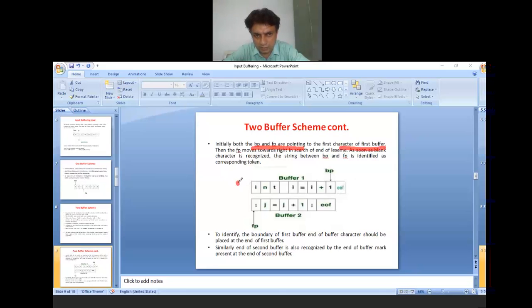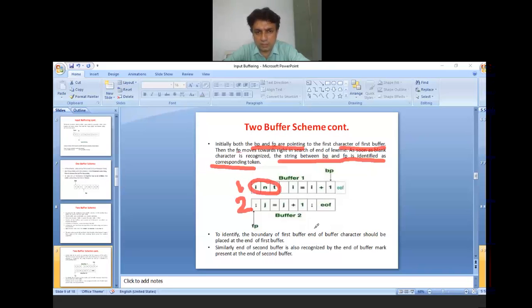Here you can see there are two buffers: this is the first buffer and this is the second buffer. Then the forward pointer moves towards the right in search of the end of the lexeme. As soon as the blank character is recognized, the string between the begin pointer and forward pointer is identified and corresponds to the token.